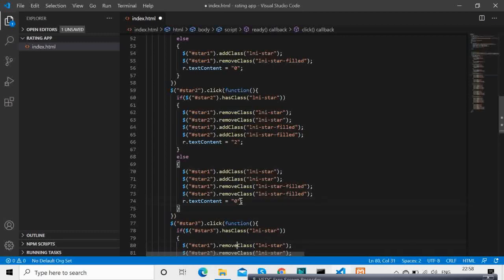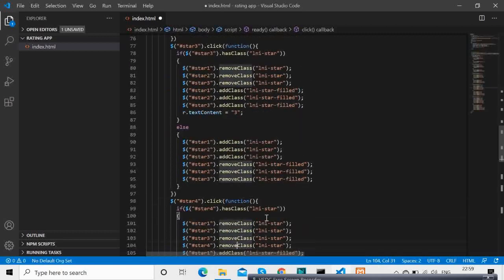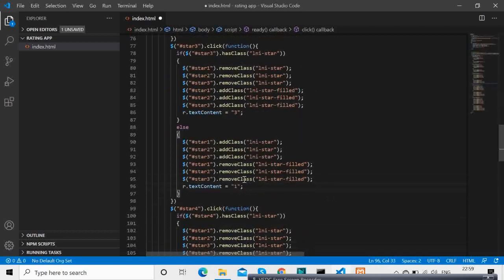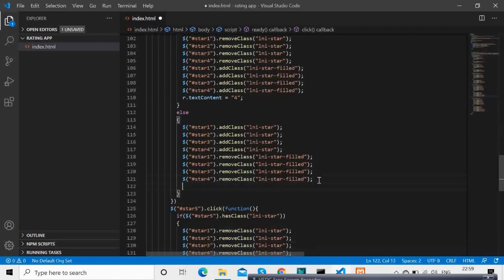Now it's 0. The same goes for 3, else 0. Then 4, else 0, and lastly 5 and else 0.